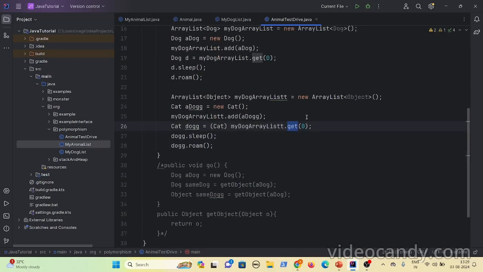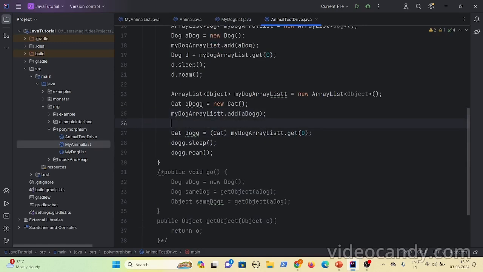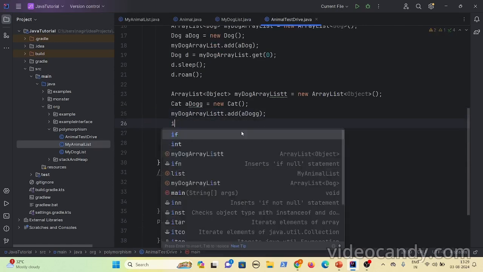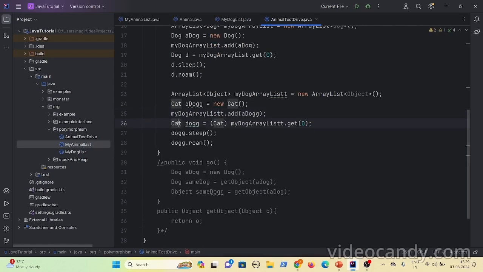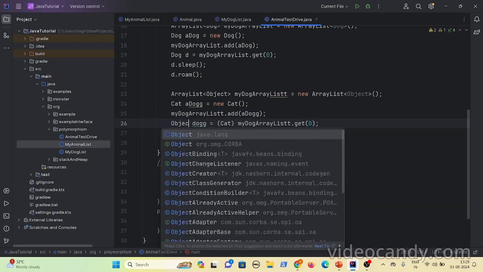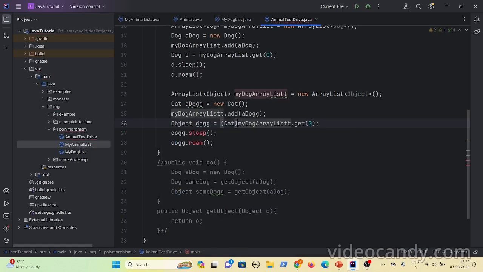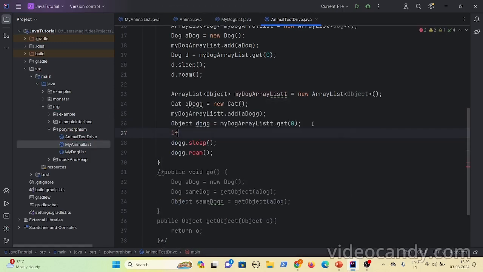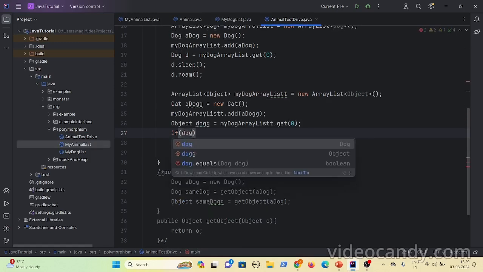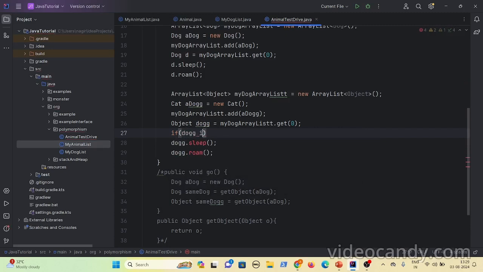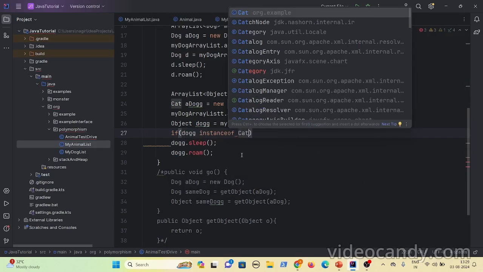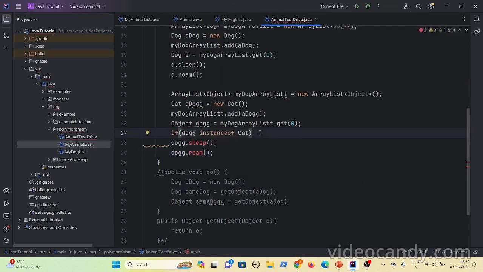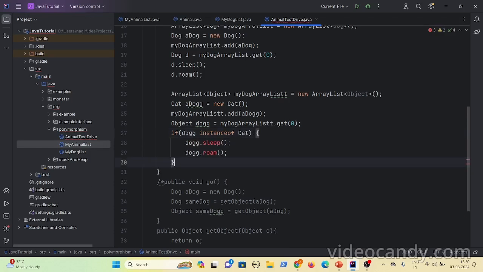What Java does is, you can add a condition like this. Let's say you can do this, Object dog equal to like this. Okay, now what you can do is, if dog instanceof cat, then you can typecast it and work with that.